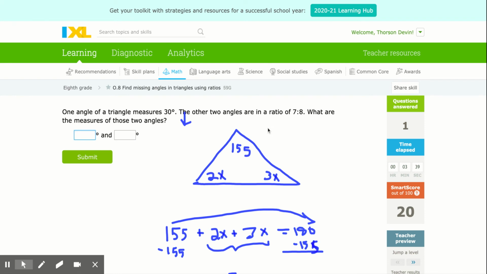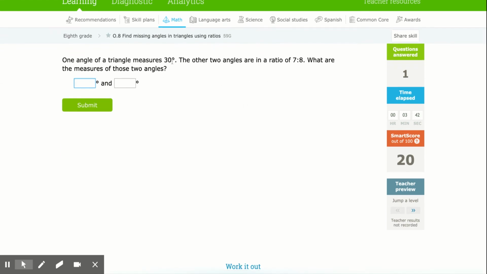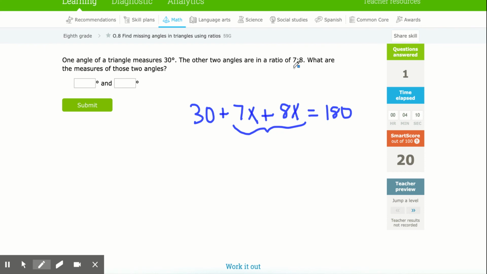Let's do another one. Again, I have one angle measure that's 30. Without even drawing, I'm just going to go 30 plus one angle measure has 7 of some unknown value, plus the third one is 8 times some unknown value, and those added together must always equal 180. See how the equation makes this very simple? What you're going to do is always add those two ratio numbers together, so I'm going to have 30 plus 15x